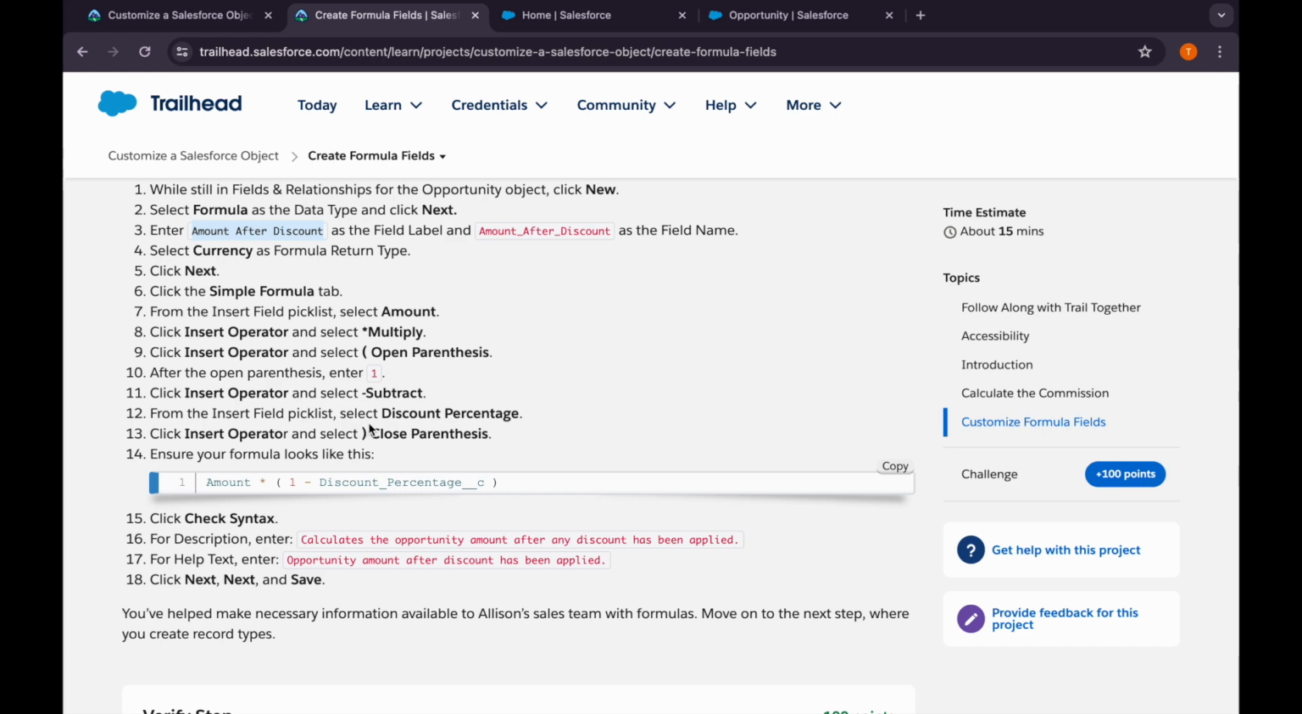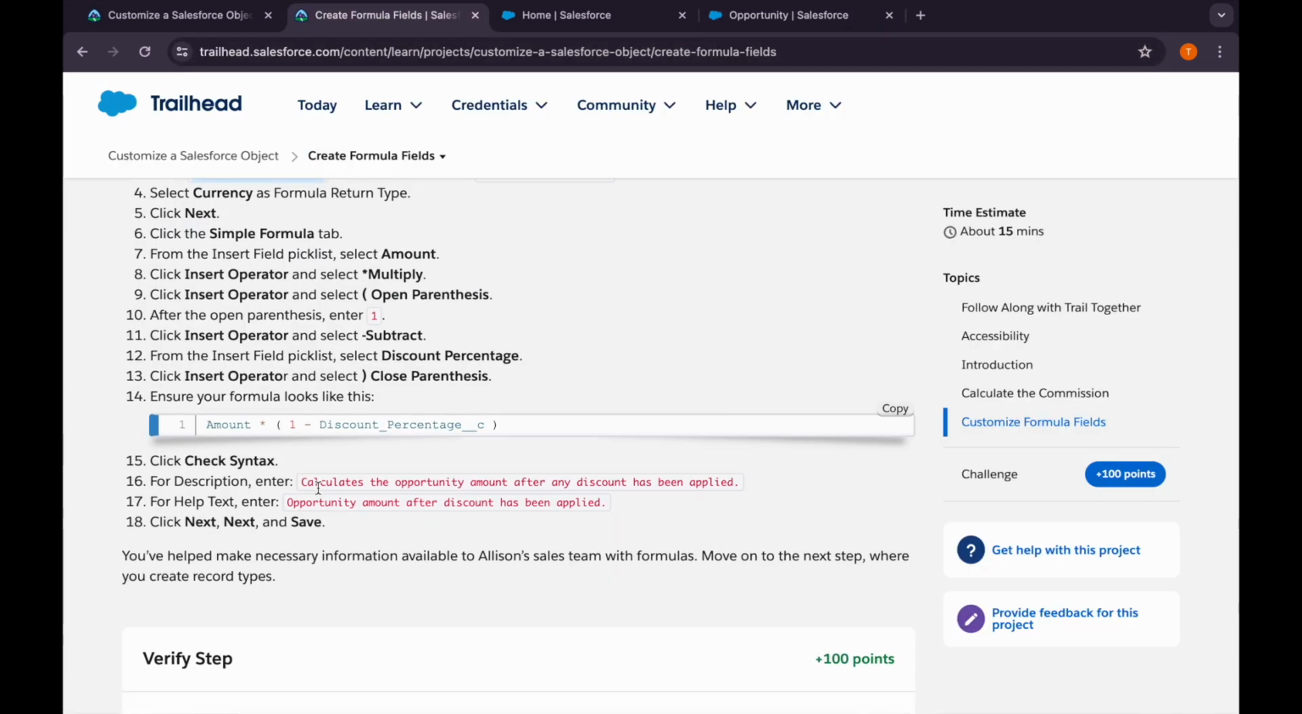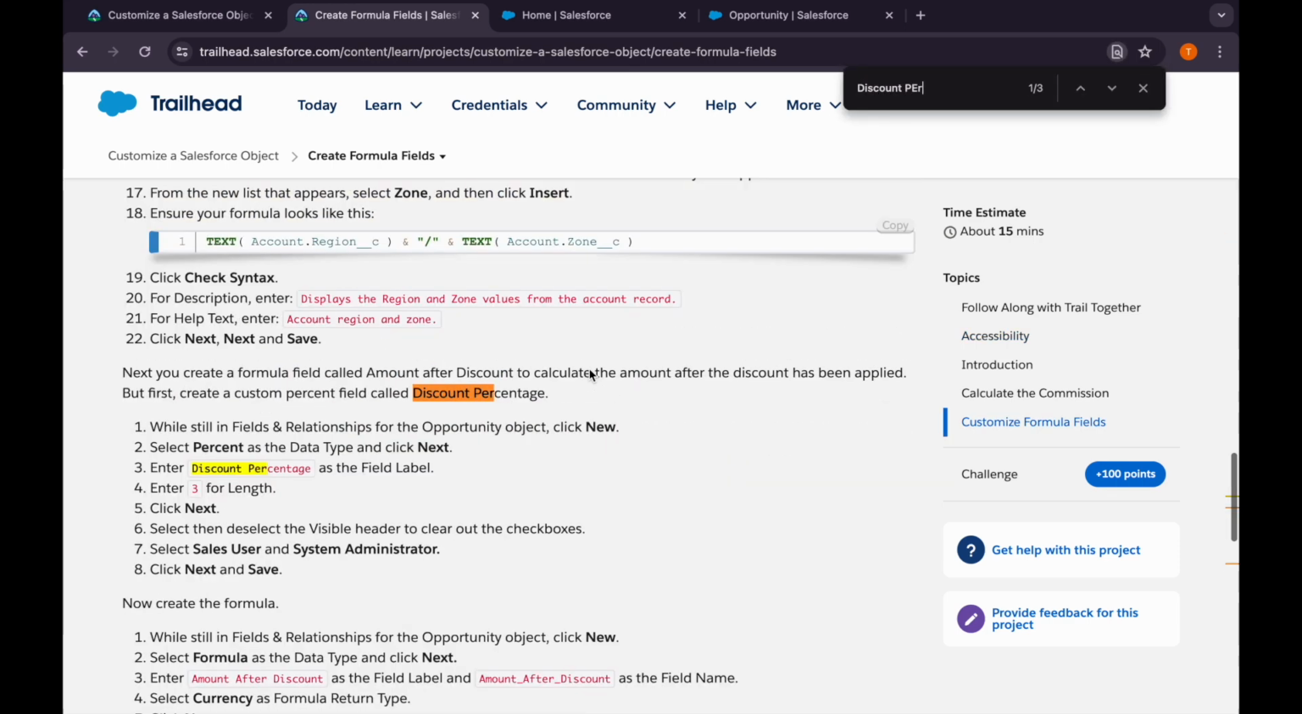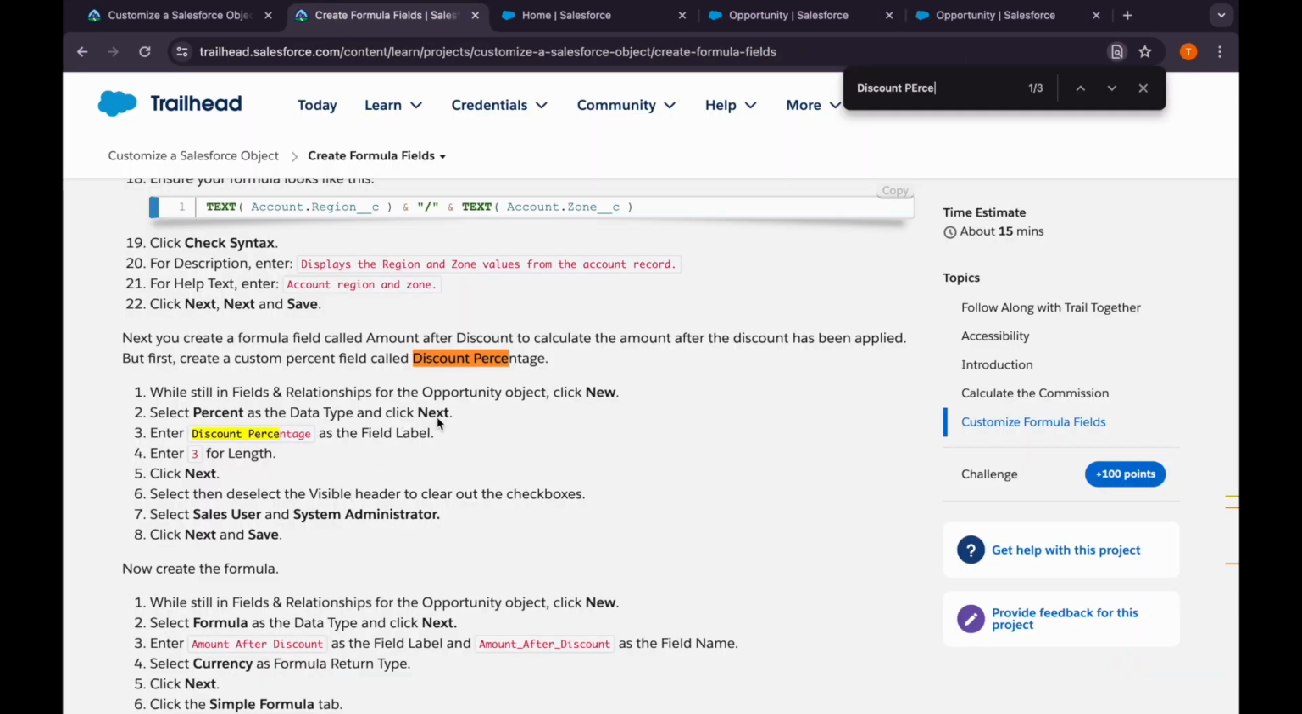Okay. Discount percentage, we don't have this field in our org, so let's see if we have created this. Okay, so we missed this, we need to create this,